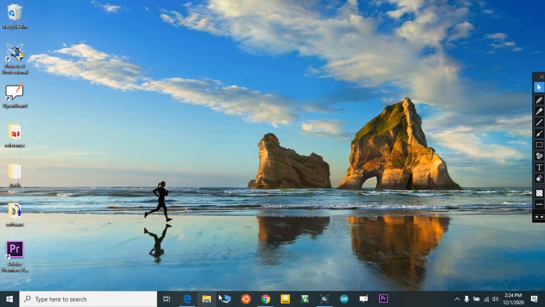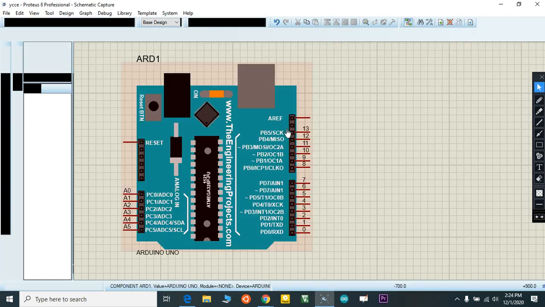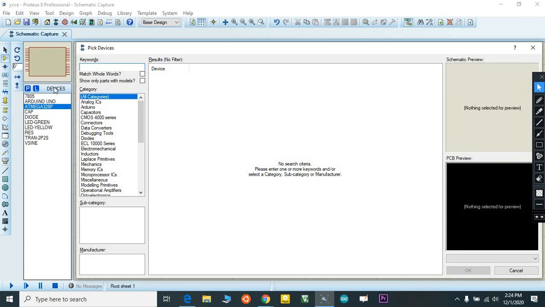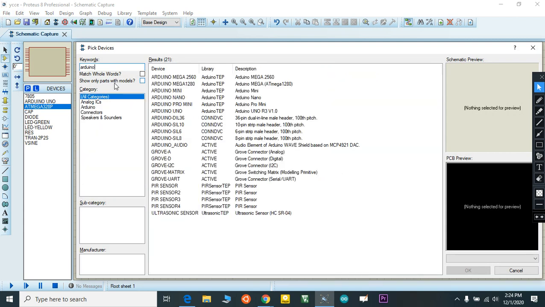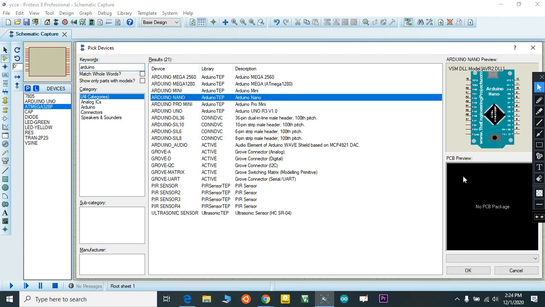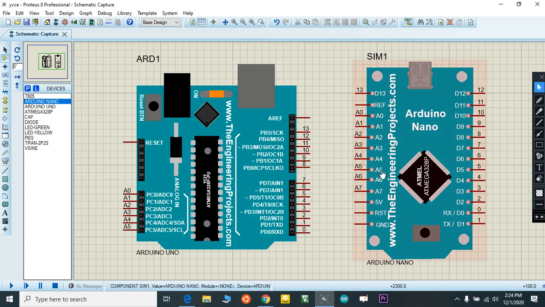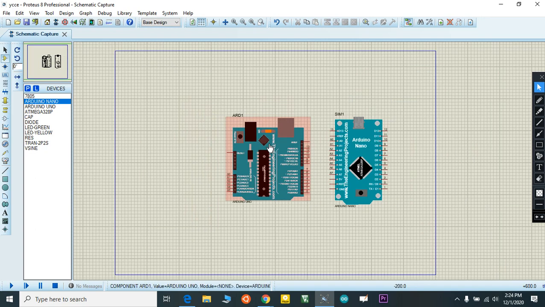In the library, you can see this Arduino board. As I told you before, there are different types of Arduino boards. I will show some others: Arduino Uno, Arduino Nano, another type of Arduino board. Then Arduino Mega is also present there.